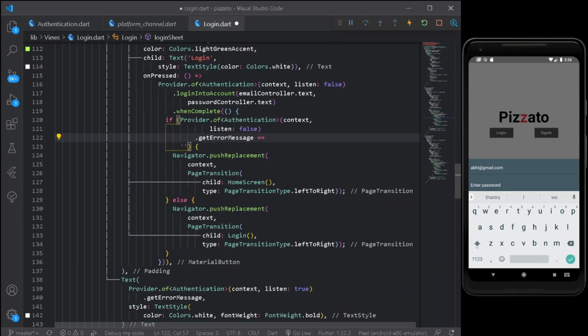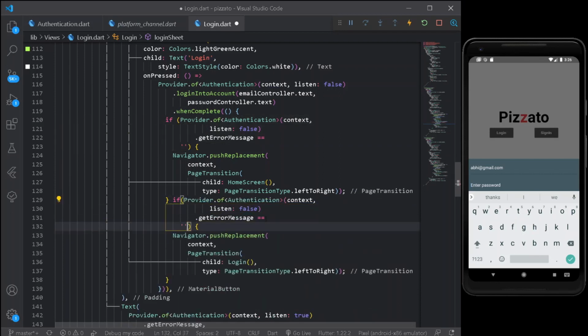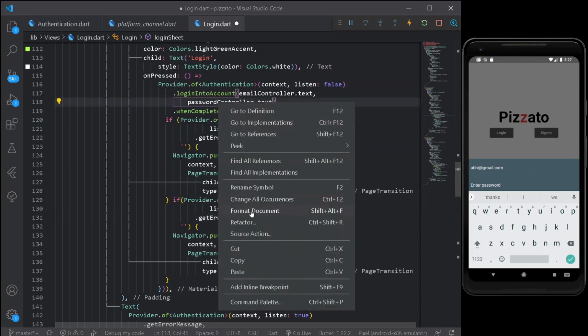home screen. Else if it contains not that empty space but some error, which shall be printed under our debug console, we shall be simply navigating the user to our original login page. So here instead of else, I'll be simply having one more if statement. So let's copy this, paste it here, just add a not condition here, easy as that. So once we have done this,